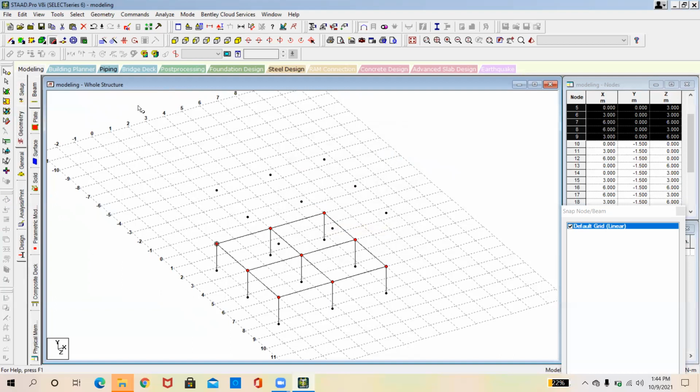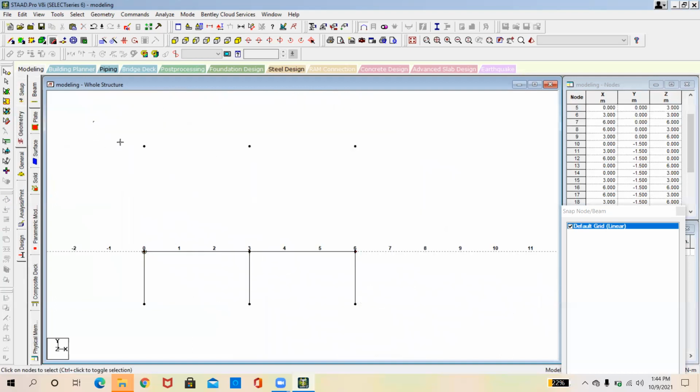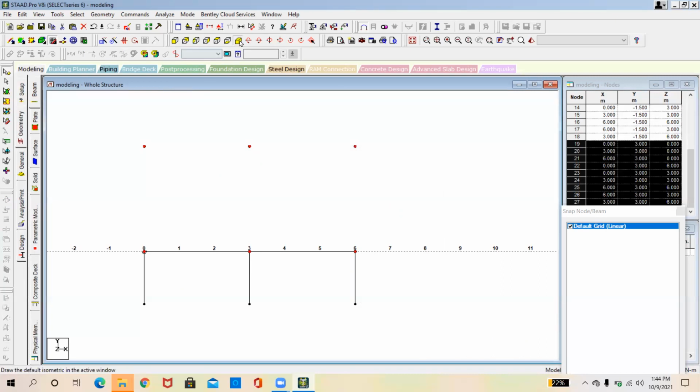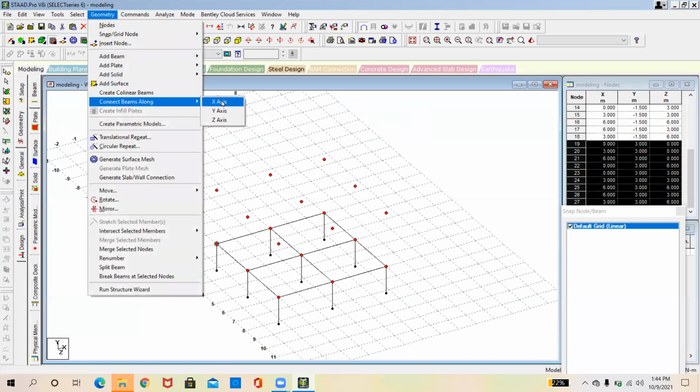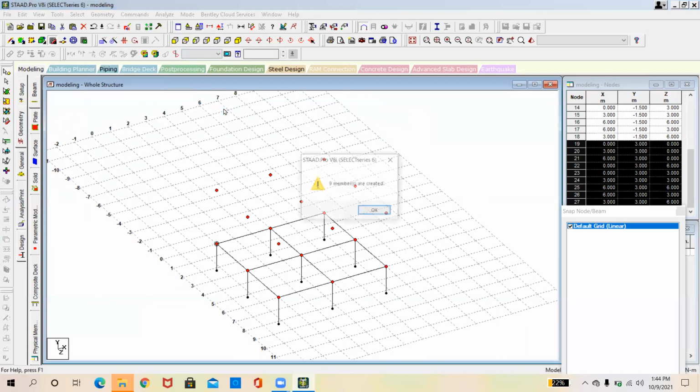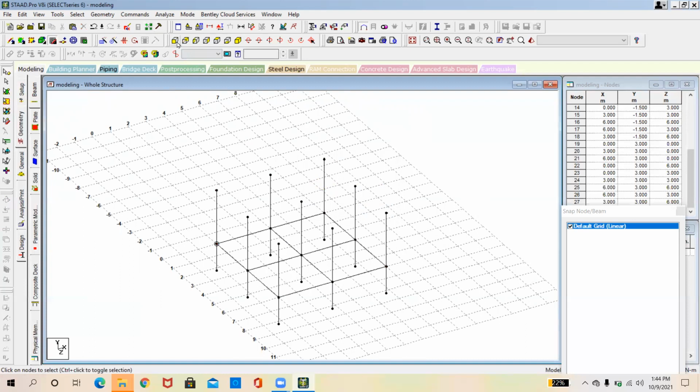Again, I'm going to select these nodes, go to Geometry, and connect beams along the Y direction. So I got the columns, and these will be the plinth beams and then the floor beams. Now I'm going to add the floor beams.